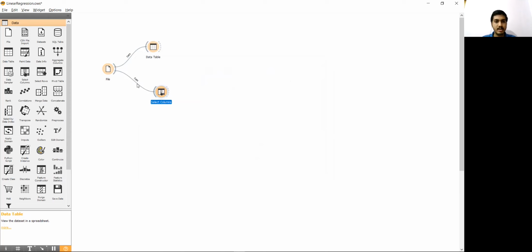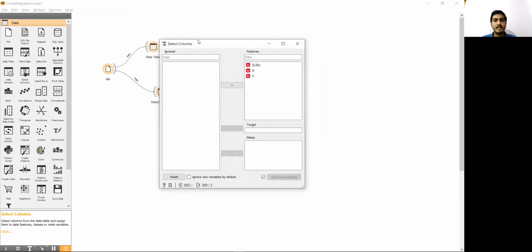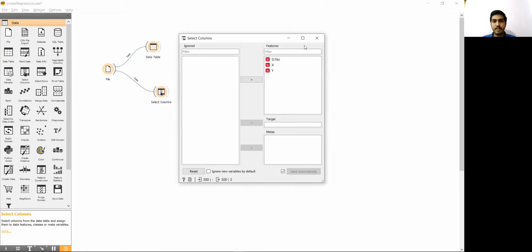So to do that, here we can see the features part, the ignored part, and the target part. So X is a feature and serial number could be ignored. So we drag and put it over here. And coming to the Y part, it is the target. So we add the target part over here.